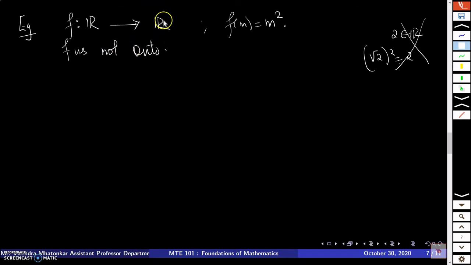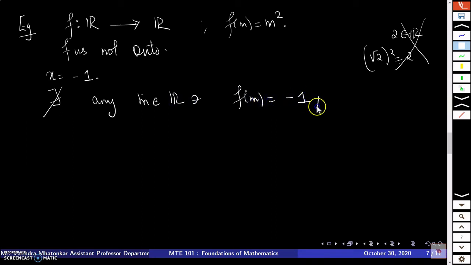But if you pick any negative number here, let's say x is equal to -1, there does not exist any point m in R such that f of m is equal to -1, because the square of any real number, that is m square equal to -1, is not possible. So there is no real number whose square is -1. That means -1 does not have a pre-image, and hence the function f is not onto,